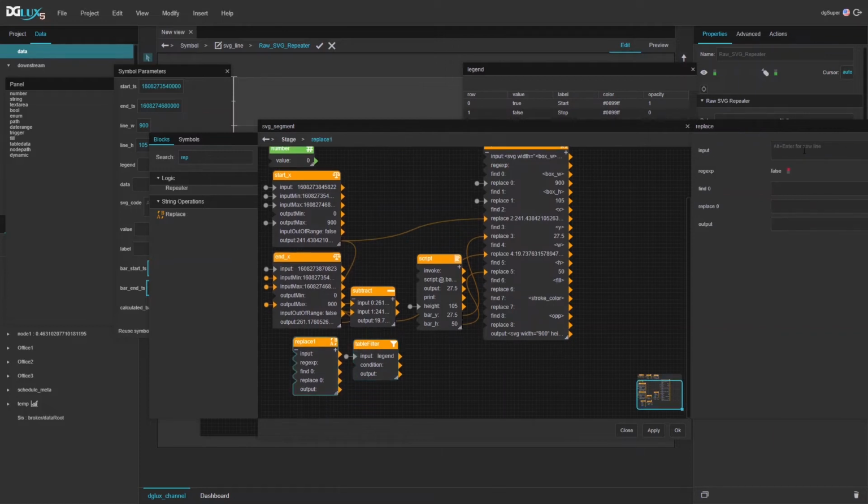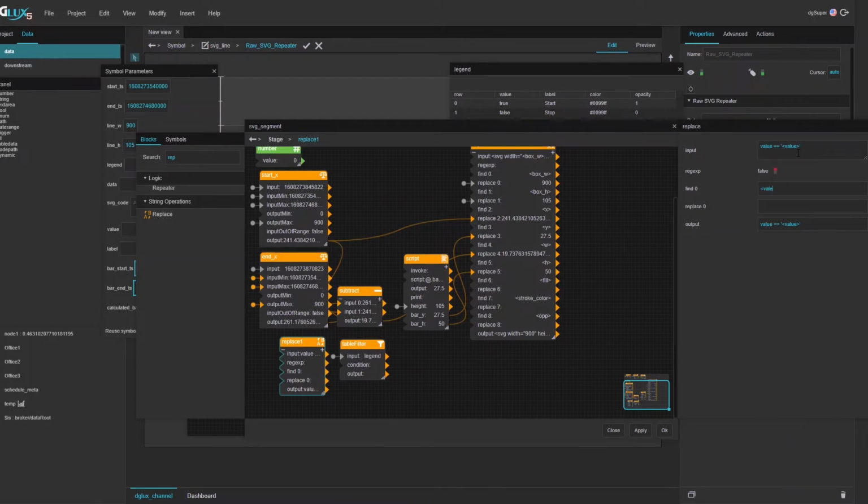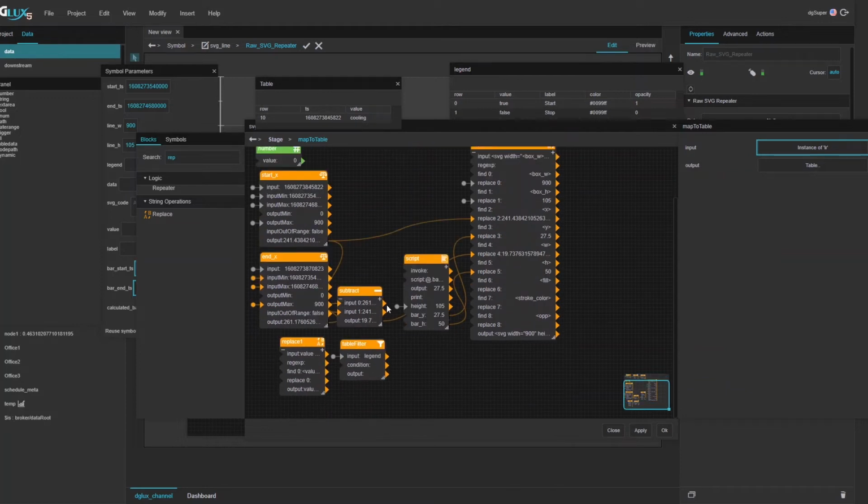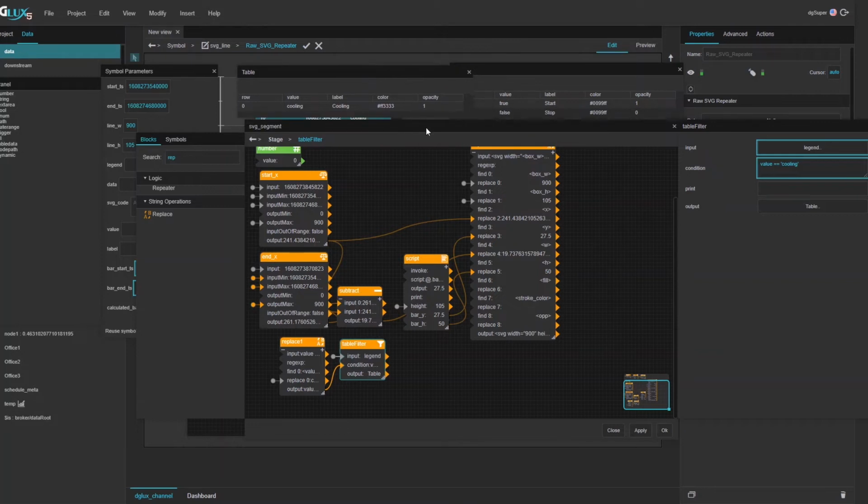All right, and the expression will be value equals to, and then a placeholder for value. And then we're going to replace the placeholder with what? That's right, with our current row's value. Done. All right, so that goes in condition, which gives us a row of our legend that corresponds to our